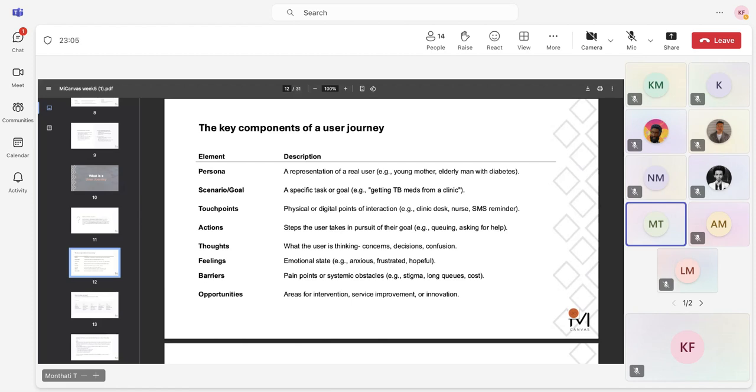These are the areas of intervention or service improvement or innovation, and that could happen in the design process. So sometimes when we are designing these things, we are asked to do an as-is journey and then a to-be journey. So mapping out the current process. If the customer already has that product built, we will go talk to customers like you guys have done in research, and we'll take note of what the journey looks like.